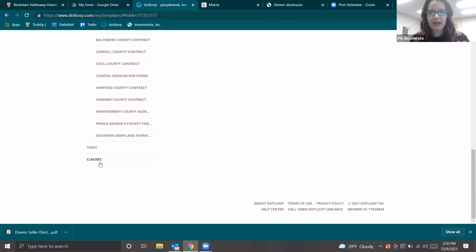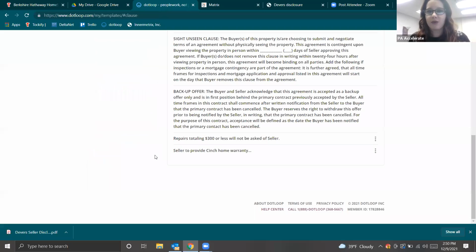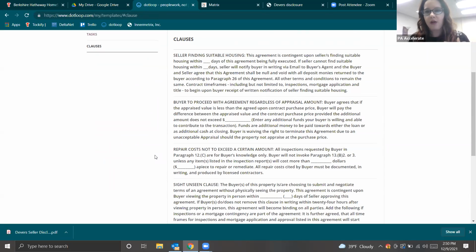And the lawyers in-house have been so helpful to us because sometimes we'll just throw something into additional terms like, oh, well, my buyer will pay the difference between the appraisal value and the purchase price. Well, there's a lot of other stuff that may play into that, or they may have a certain cap or limit to which they're willing to pay out of pocket. And sometimes we don't think about all of these things. So it's been a blessing to us that we have in-house counsel that thinks of those other little caveats for us. Therefore, they've written for us a bunch of clauses all around these different ideas that we've been grappling with